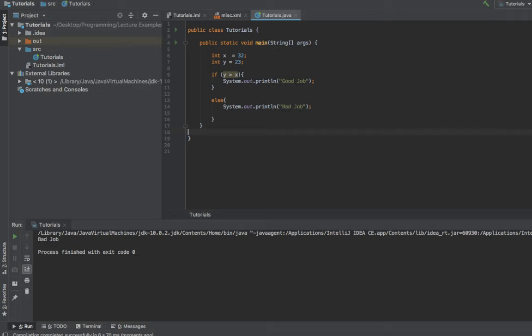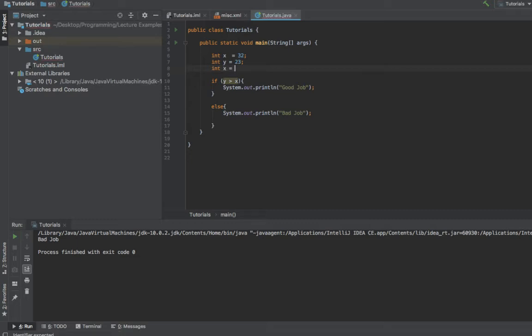Now there's another thing we can do. Suppose we added integer value z. Suppose we have int z is equal to 15. Now we have three values. We can't just say else if y is greater than x, we can't just say we're going to print this, because this is z. Since y is greater than x, we can't just say else because that's totally disregarding our new integer value of z. This is why I'm going to make another statement called an else if statement,